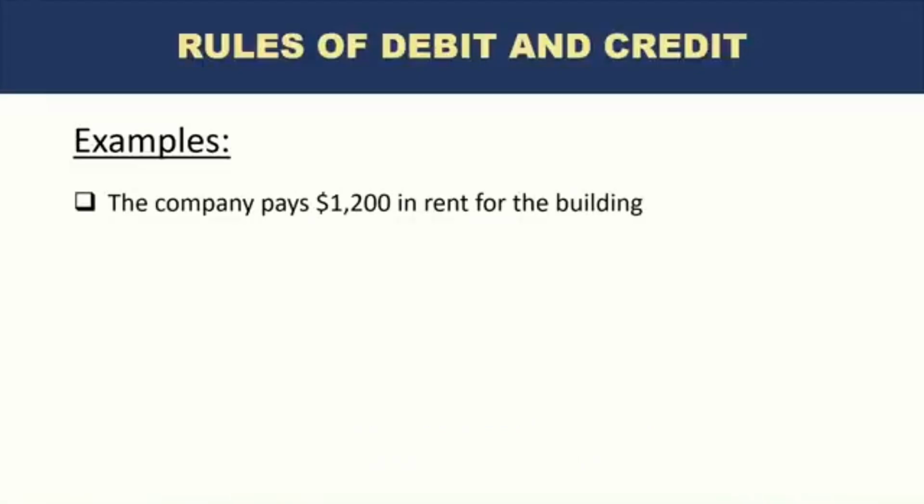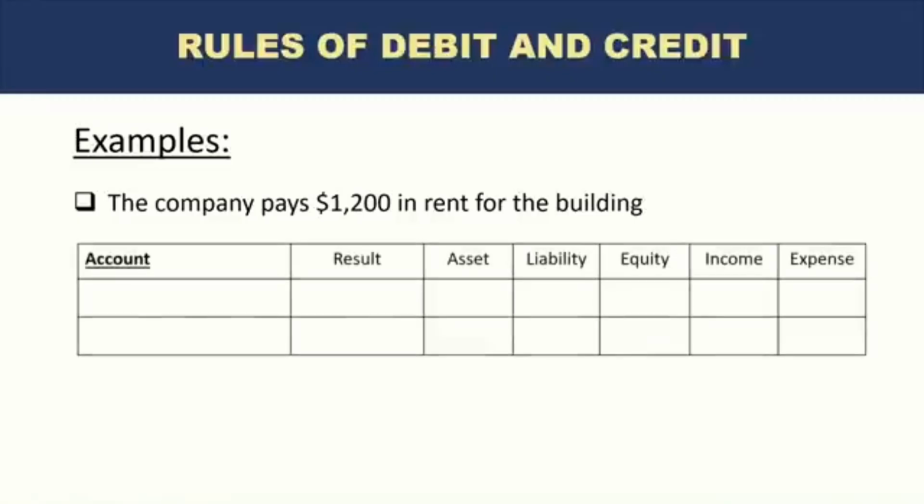Let's look at another example. The company pays $1,200 in rent for the building. Okay. Now we know one side, because this is again a cash payment, we know one side of the entry is cash. What would be the other side of the entry? It's not accounts payable because the company has already paid. But this time this is an expense because this is a transaction which is resulting in a decrease in an asset,